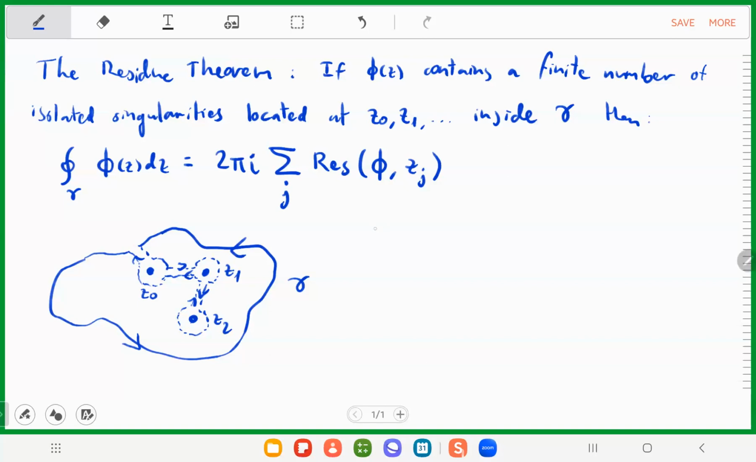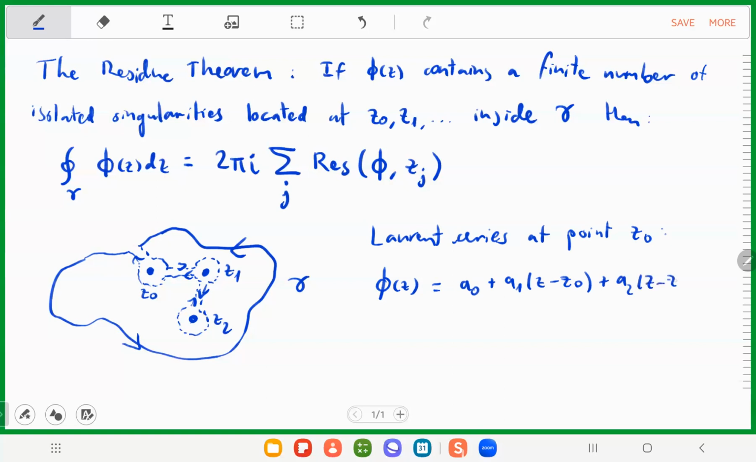So remember, if we know the Laurent series, let's remember what the Laurent series is. The Laurent series of the function phi around, let's see, for example, let's take the Laurent series at Z0. Remember that the Laurent series would just be some constant plus A1 (Z minus Z0) plus, well, the normal Taylor series around that point. And then we'll have another constant B1 divided by Z minus Z0 plus B2 divided by (Z minus Z0) squared,